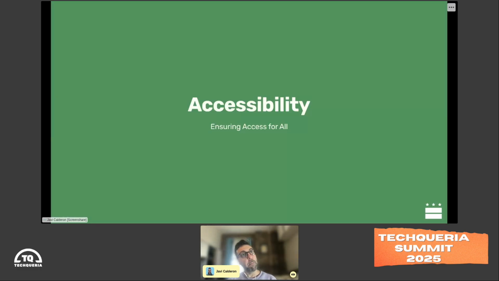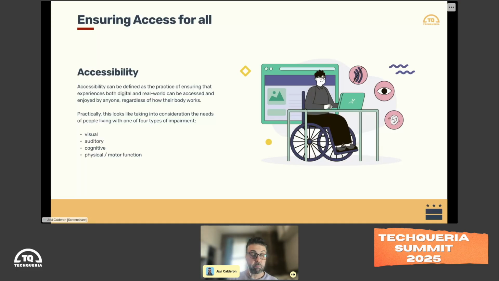Our first step, like I said, is we're going to talk about accessibility, which is part of both the world of civic design and our world, me as a designer creating technologies. So when we talk about accessibility, again, we're focusing on making sure that we're including anybody whose body might work a little bit differently into our experiences, that we're not taking for granted a one-size-fits-all approach, because guess what? One size fits nobody.